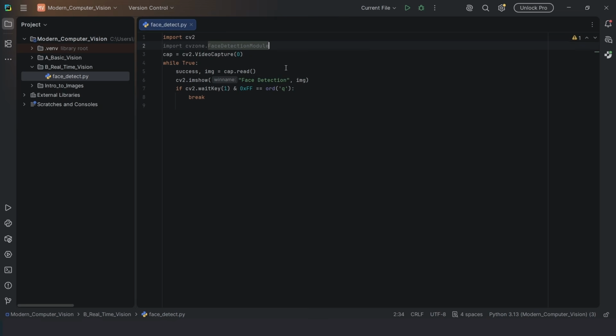We will hit enter. But we can also do another thing: instead of importing the whole module, we can import the specific class that is responsible for face detection and able to create a detector. So we will edit our import like that. From the CVZone face detection module, we will import our FaceDetector class,